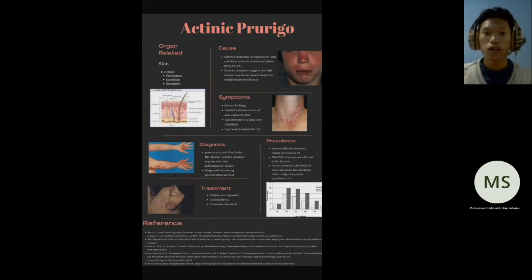If you want to get further information about the disease, you can refer to the references that I inserted inside the poster. That's all from